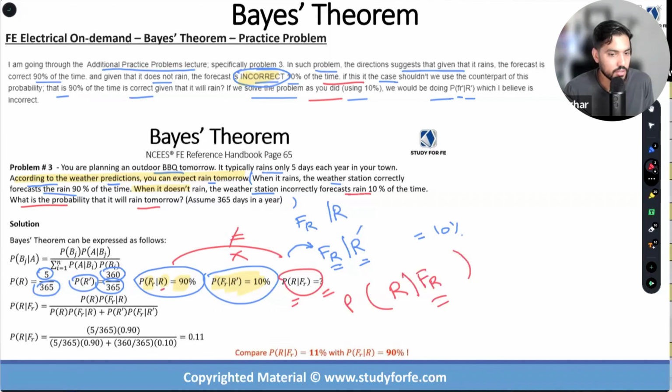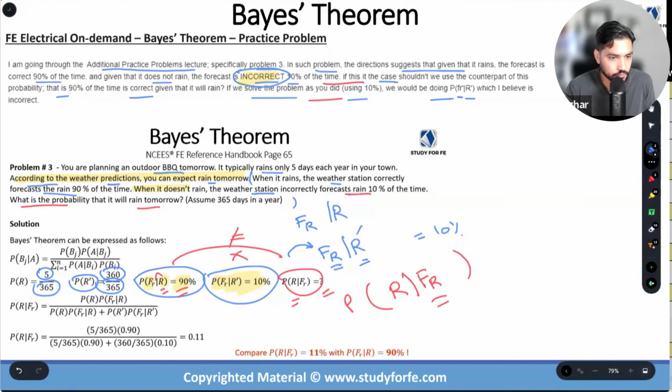This is knowing that it is raining, and then we go back and we see how reliable our weather network is, and we check the forecast. 90% of the time, they're correct when it is raining. All right. Now, if we get into the mechanical mode after we've done all of this hard work,